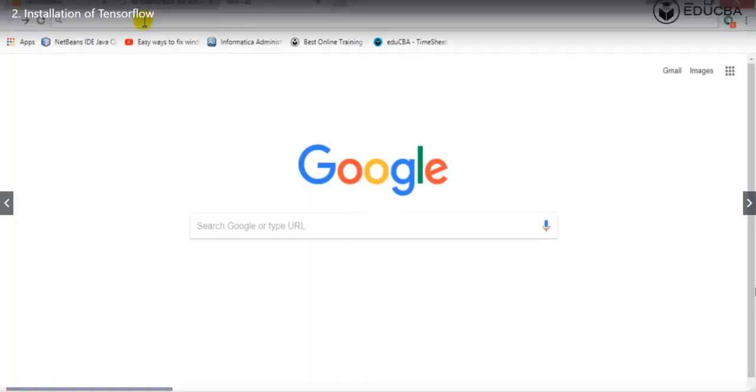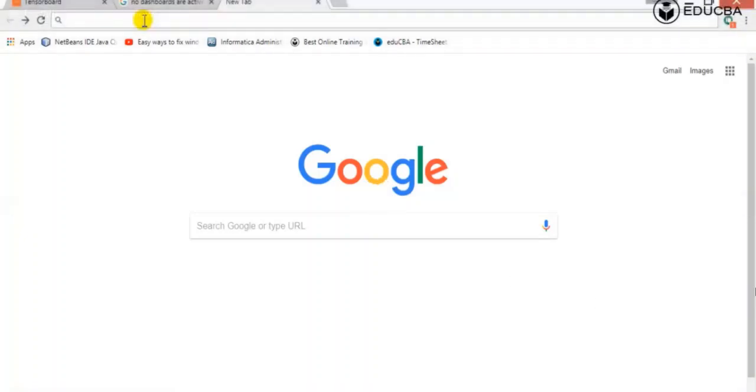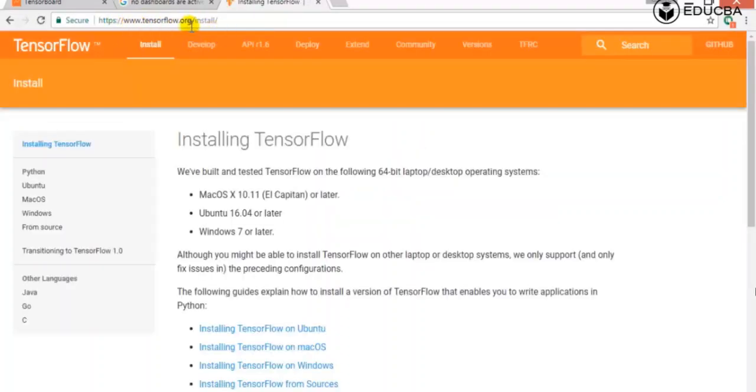In this tutorial, we will do the installation of TensorFlow in Windows Chrome. So let's begin with the installation. What we need to do is open the Chrome browser, and in this browser, we have to just type TensorFlow. And with this, we have to go to the website